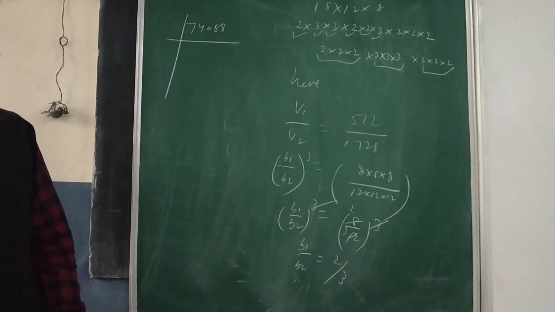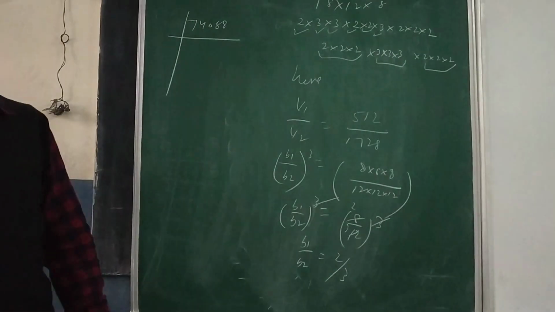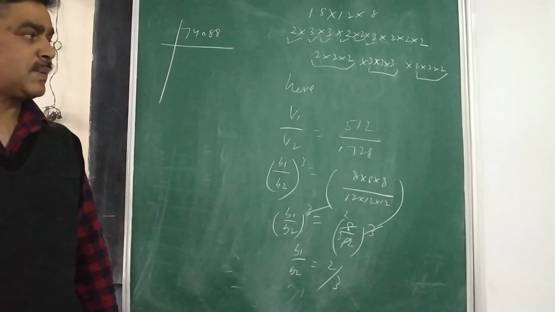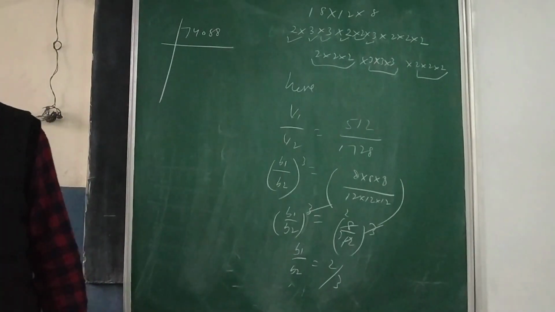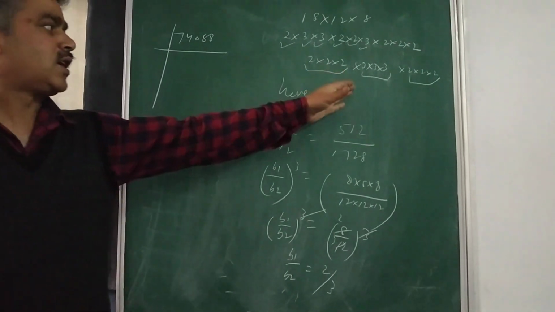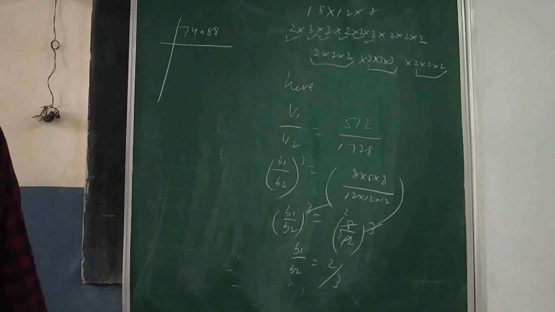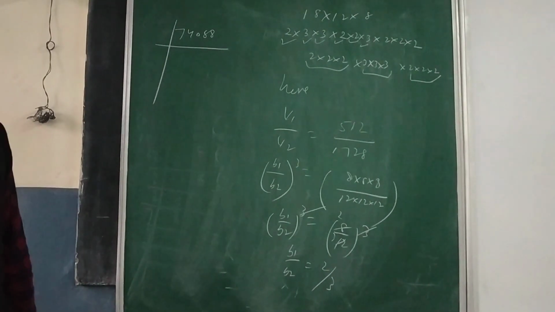Otherwise, how it comes to 24, I don't think we need to go for some correction in the statement of the question. But as per the statement given here in question number 5, nothing we can add to make it a perfect cube. So that is all about your 7.2 and the exercise of cubes and cube roots. Thank you.